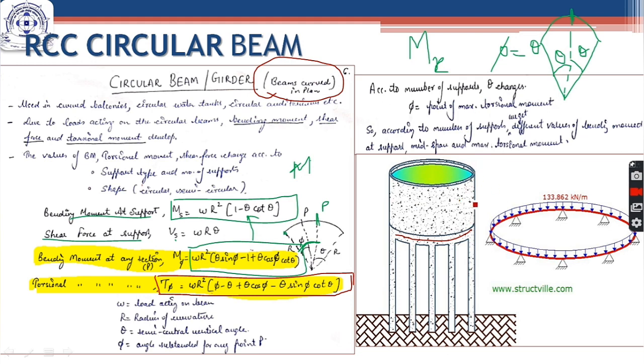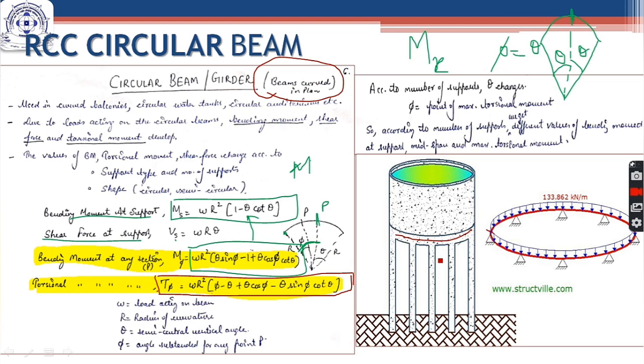And what we do is, for this particular circular beam, we calculate bending moment at support and bending moment at center using these expressions, and we calculate the torsional moment at the point which will give the maximum torsional moment, okay? So we calculate the maximum torsional moment, and I must make it clear here that we know the moment is maximum at center and 0 at support, etc. This does not work the same as in the case of a circular beam.